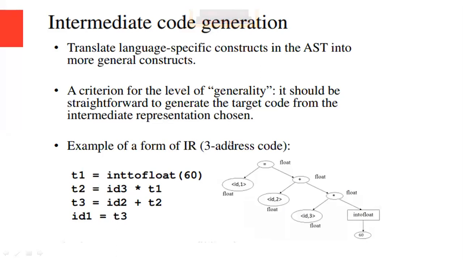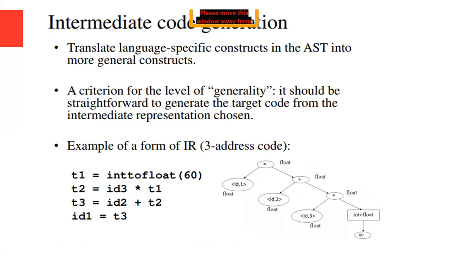So for example, in the syntax given to us, the syntax tree or parse tree from the above given source program is converted into intermediate code generation. We are using the three address code. So here is an example of the form of intermediate representation, three address code. This is the semantically verified syntax tree or parse tree. This syntax tree or parse tree is converted into three address codes, that is, the above expression.